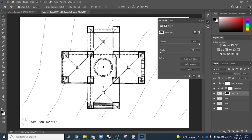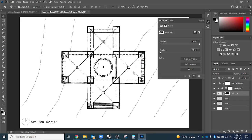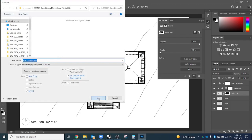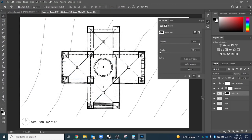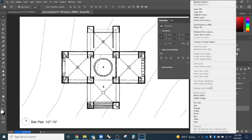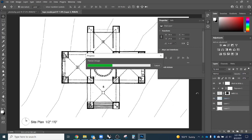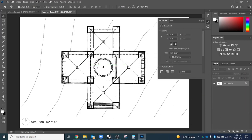So what we'll do is we'll save it as a Photoshop file. So I'll click save as. It is a Photoshop file. Then I'm going to flatten it. I'll right click here. I'll go to flatten. When you flatten an image, you basically get rid of all the layers. It all becomes one layer basically. So then if I were to save it,